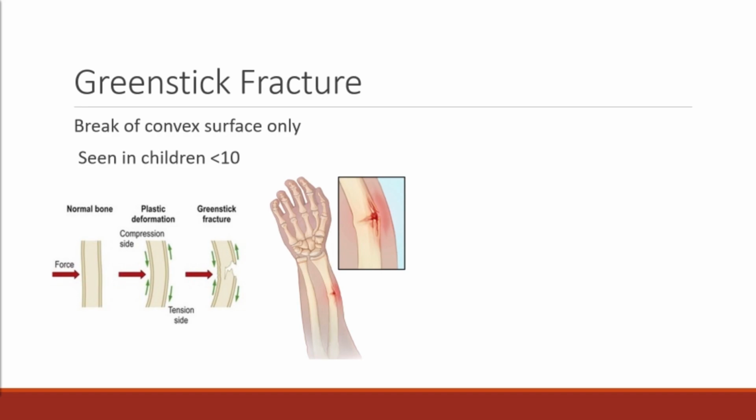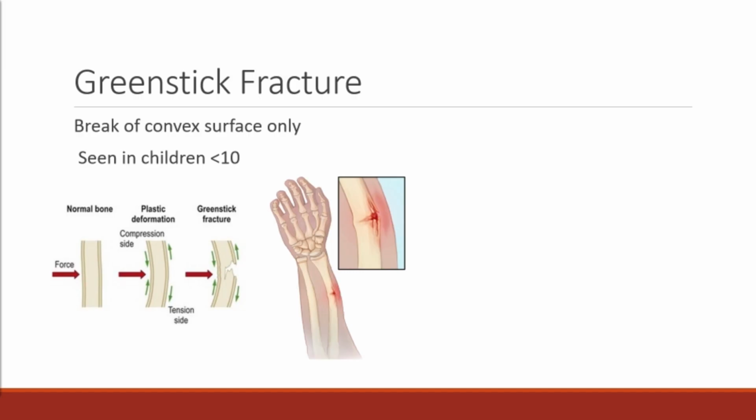Green stick fractures are incomplete fractures of the long bones. These are most common in children less than 10 years old, and it occurs when the force applied to a bone results in bending of the bone to a point that the structural integrity of that convex surface is overcome. However, the force isn't enough to break the bone completely, and so the concave surface, that inner surface of the